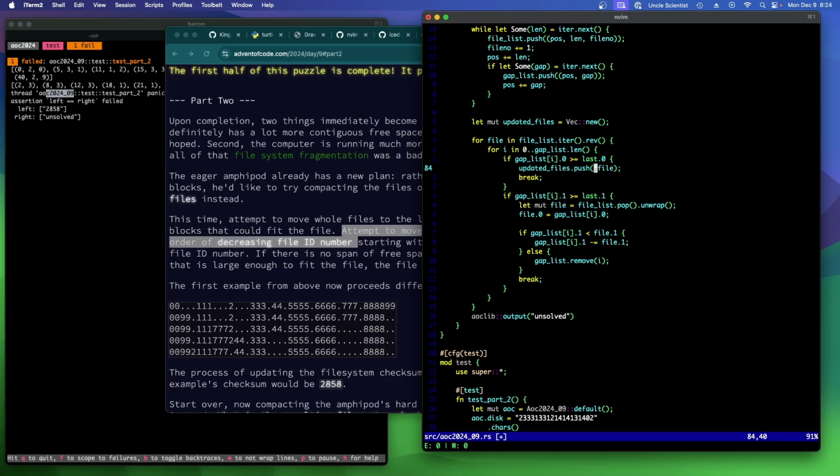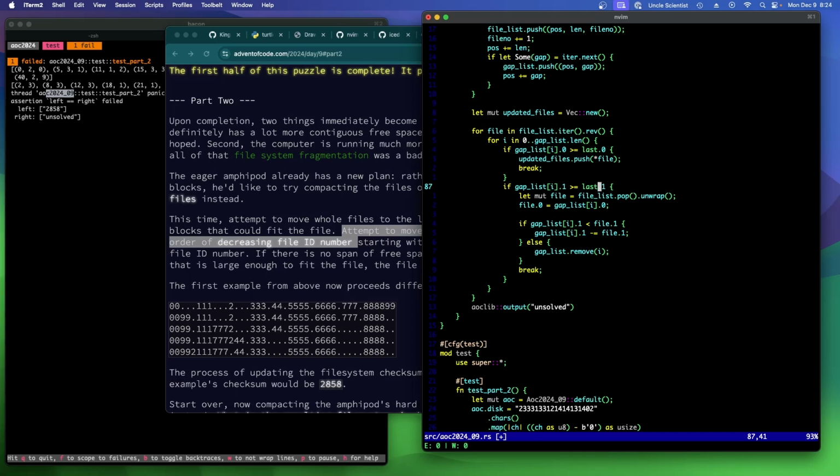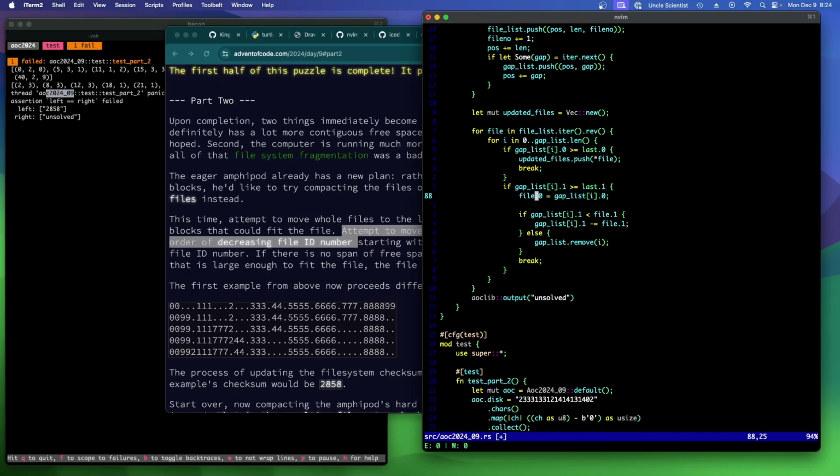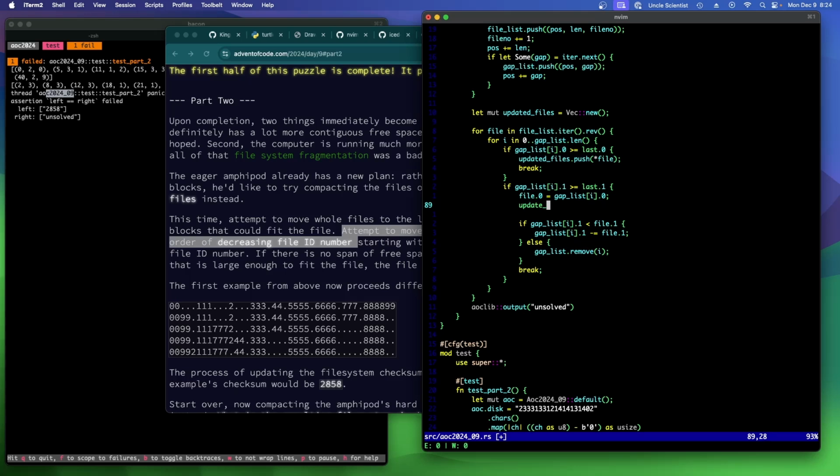Can I say copy that? Yeah, try that. And then here, we don't need to do that. We just change that part and say updated files push file. And then we do this, and we do this, and we do this, and we break because we found a spot for it. And then once we're done with all of the files, updated files should have